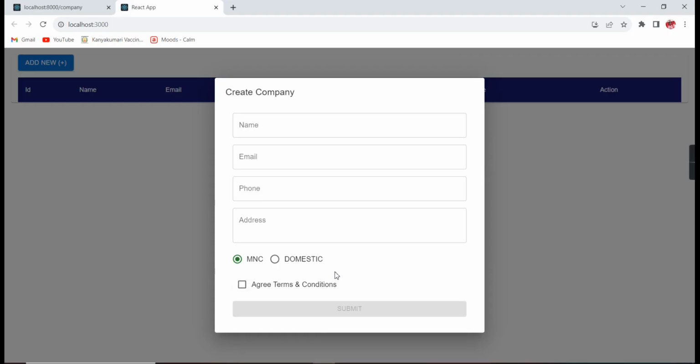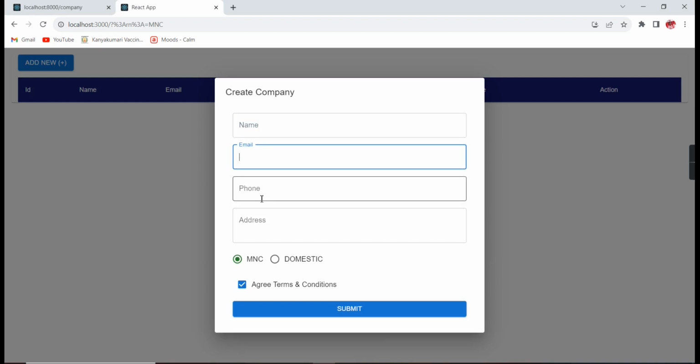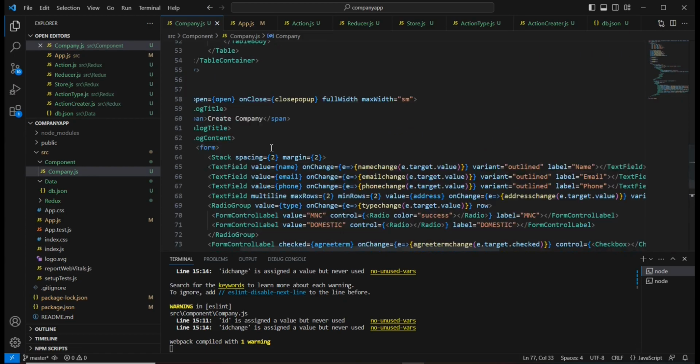So now it is disabled. So if I'm clicking this one, it is enabled mode, okay? So next we can include the validation. So let me make this name, email and phone number. These are the mandatory fields. For that, first I'm going to include this required,